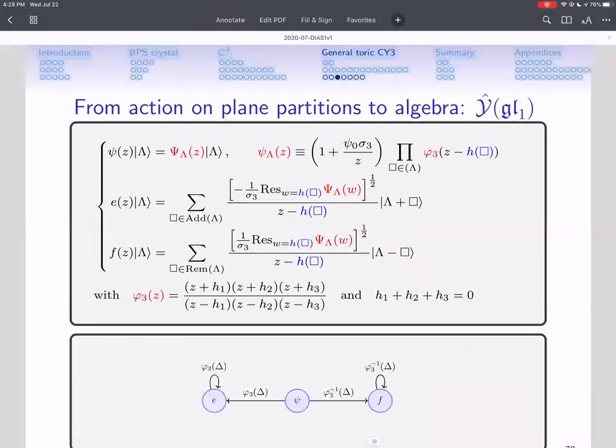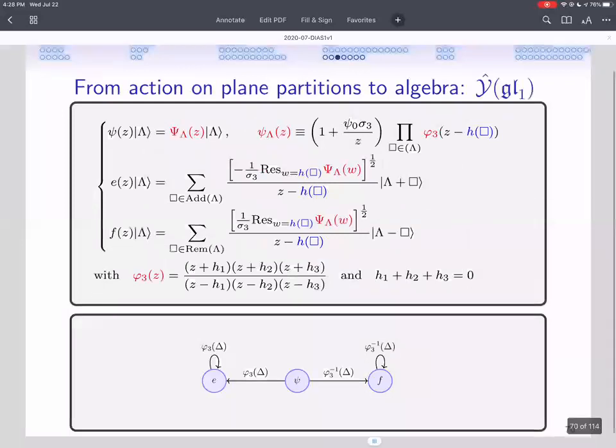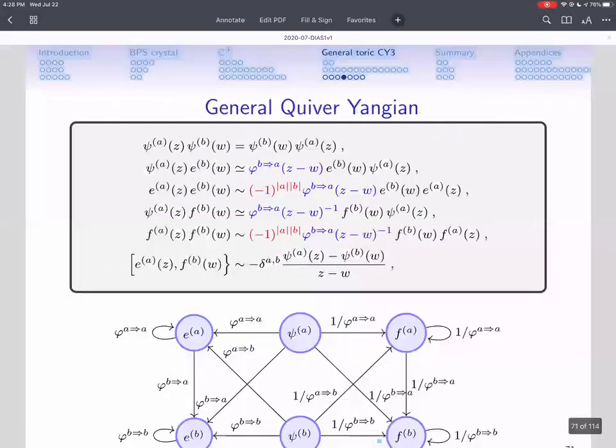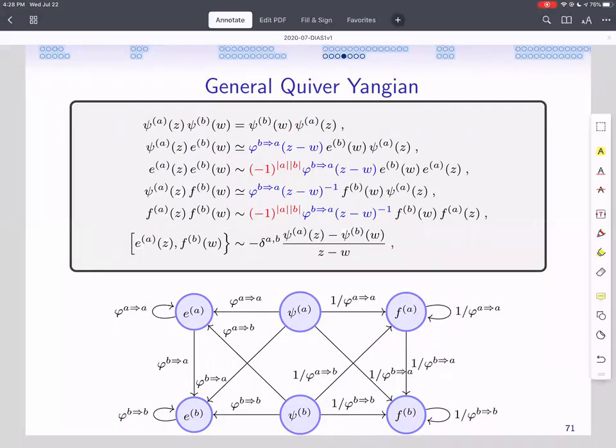So it can be summarized in this graph here. The natural generalization is this. Now we have multiple families of generators here, and connecting them, they are just connected by this relative charge function here. Also, it's possible that before, for the alpha Yangian of G1, all of them